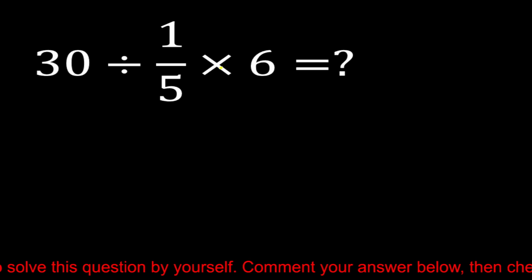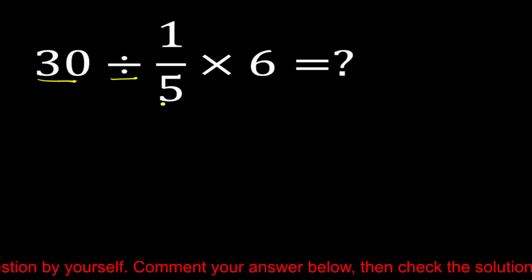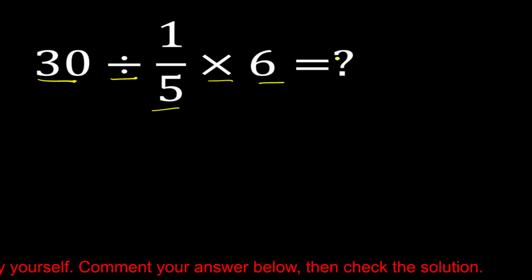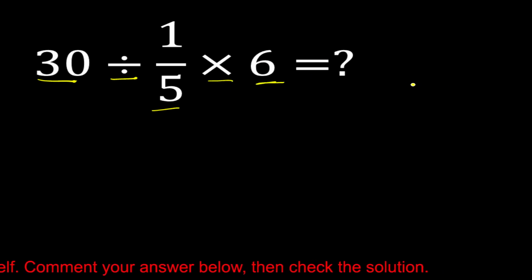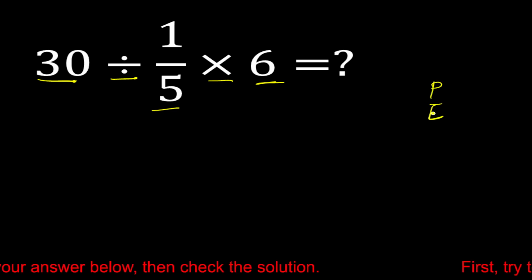So here we have a question: 30 divided by 1 by 5, then multiply 6. Okay. So now let's solve this problem by using a PEMDAS rule. PEMDAS,